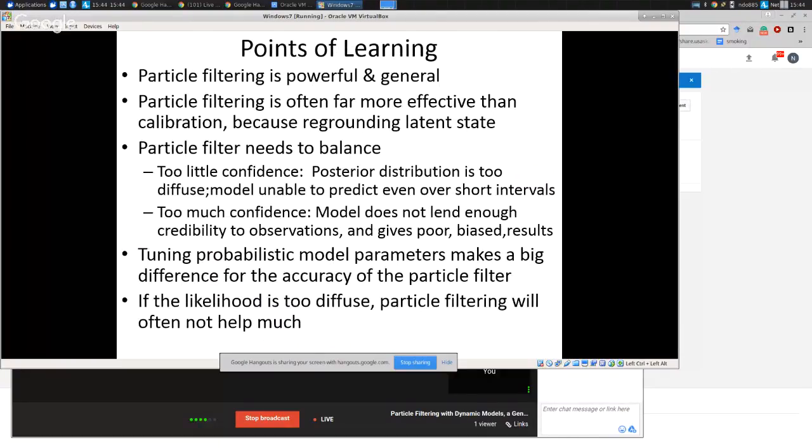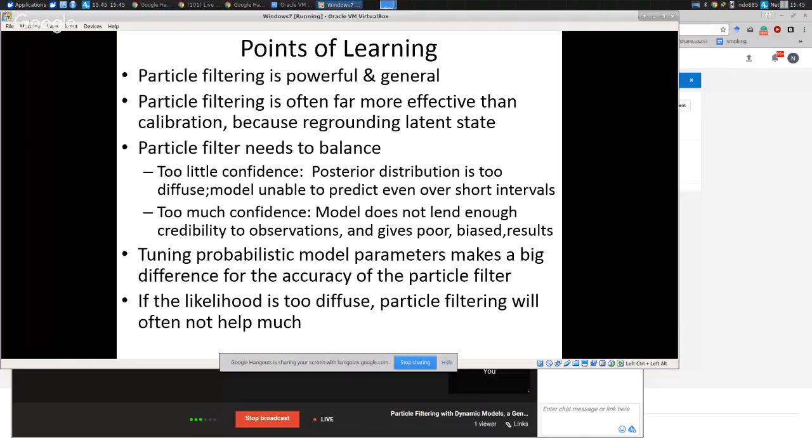Now, this has been a whirlwind glimpse at a deep area. I don't expect you to remember all the details of the mathematics or anything like that. But I do want you to remember the basics that I've tried to emphasize. Ladies and gentlemen, particle filtering is a powerful method. It's a general method. It's a method for bringing together emerging data from the world on the one hand with a model's expectations on the other. To combine them together, you can get something where the whole is greater than the sum of the parts,